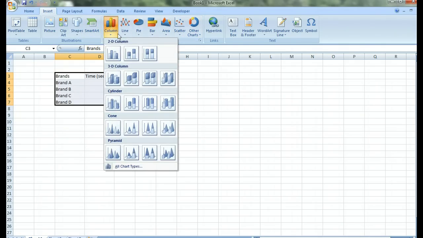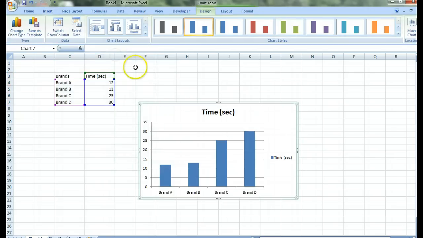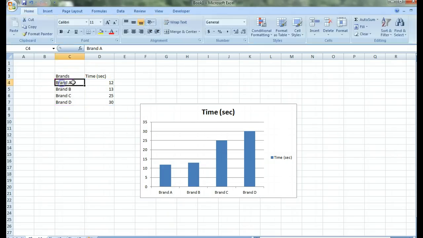So let's go ahead and click that, and we'll select a 2D column graph, and you can see right here, here are the 4 brands we tested, and this is the amount of time up the side. So you can see it went ahead and pulled our labels and added that information here. As I said before, we could change this. This could be trials,